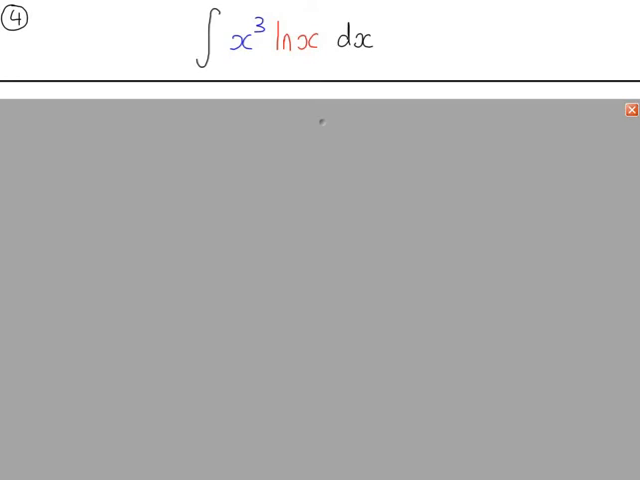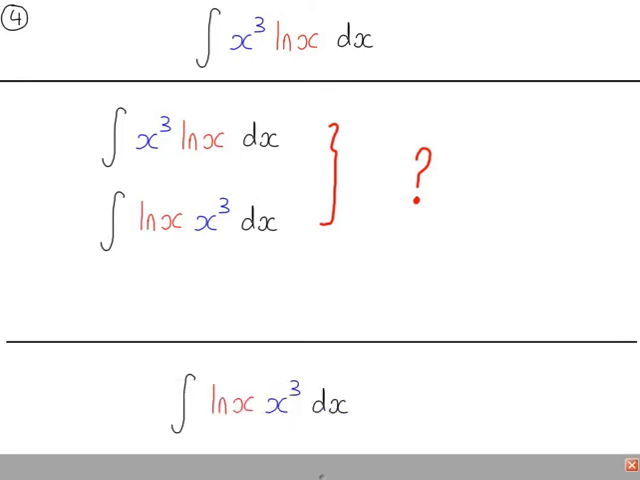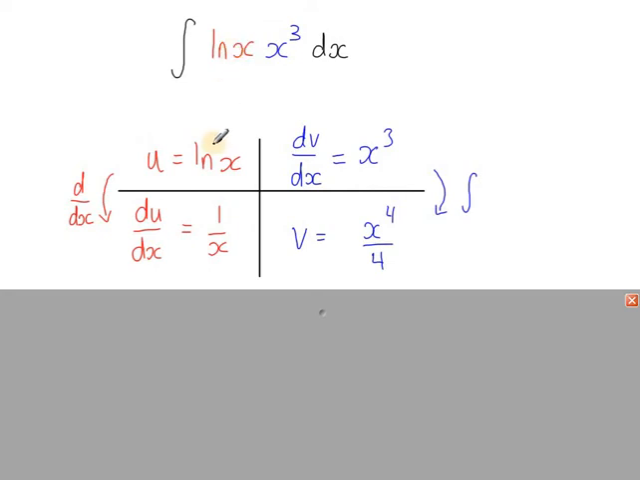Example 4. So I did say that you keep the x term or the x to the power of term on the left. That's true unless you have a log function. If you have a log function, then the log function is the one that should be on the left and any other term on the right. So we're starting with this. So the log term is on the left, differentiate to get 1 over x, x cubed is on the right,